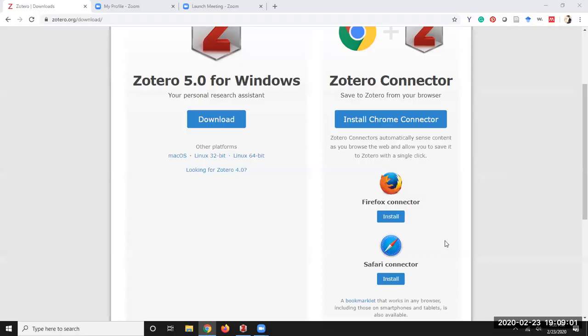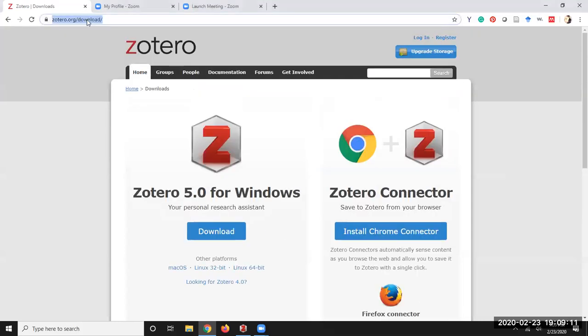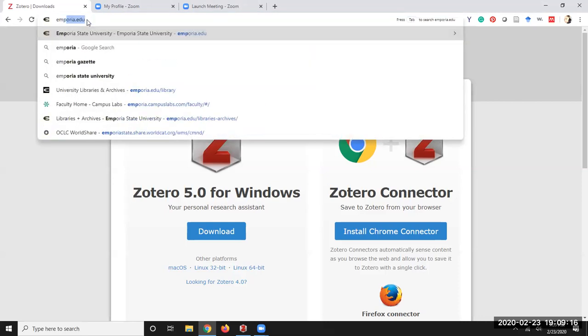And what I want to do first is show you all just really quickly what Zotero can do for you. Then I'm going to show you some different things that you can make Zotero a little bit more personalized for your work. So at this point, I have Zotero downloaded, and I'm going to go to the library's webpage,